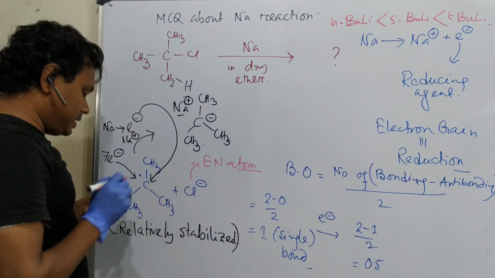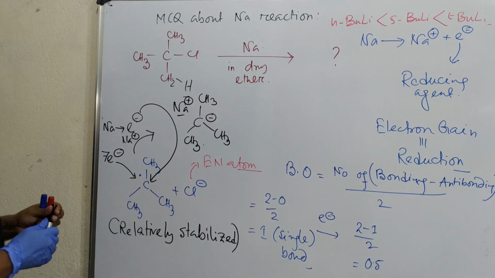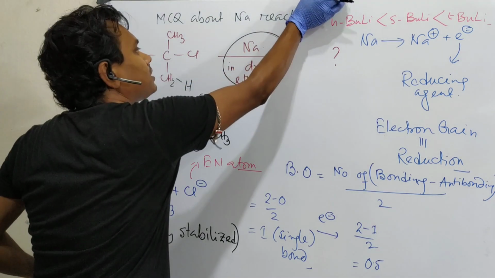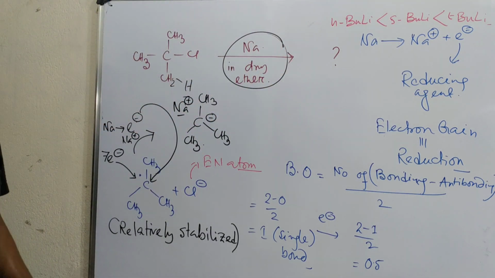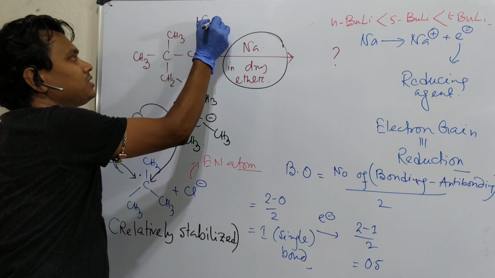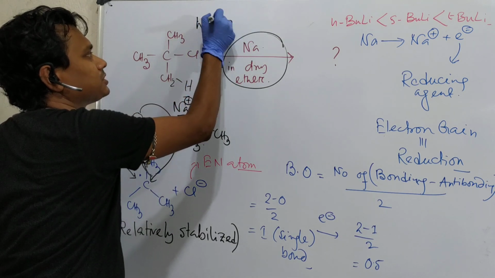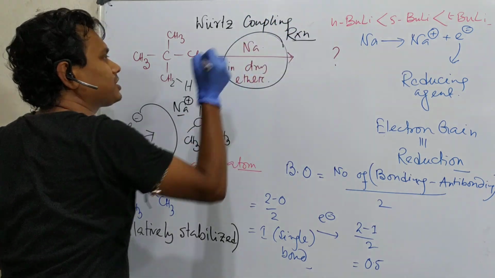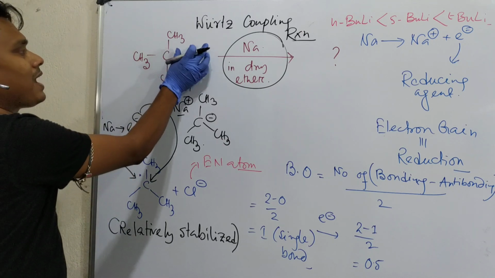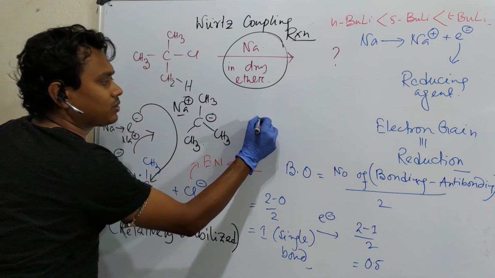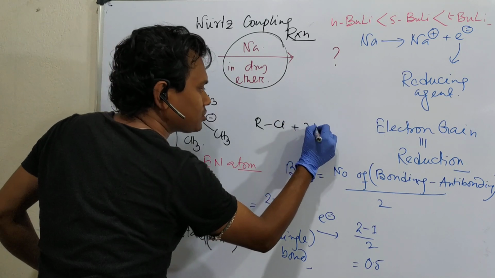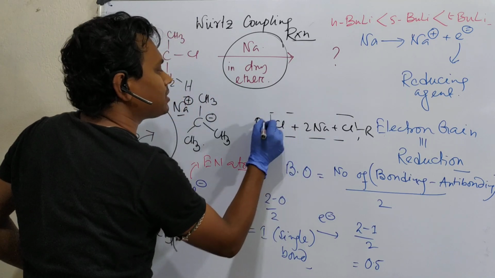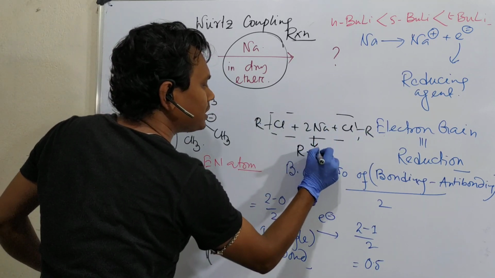Okay. Now, important question. What is the condition you are observing here? This condition is nothing but a name reaction you have already read. That is the Wurtz reaction, or Wurtz coupling reaction. Wurtz reaction or Wurtz coupling reaction means these two parts, what we generally write is RCl plus 2 sodium plus ClR. This part is eliminated and R and R combine, resulting in an alkane.